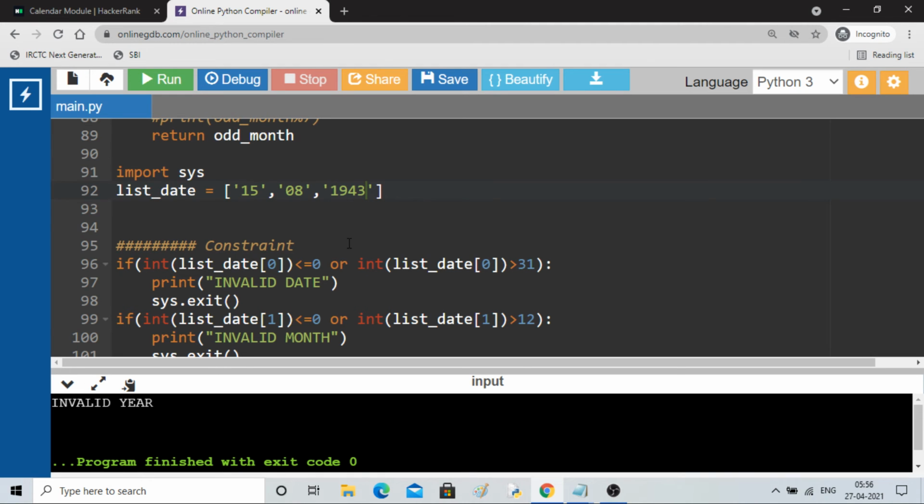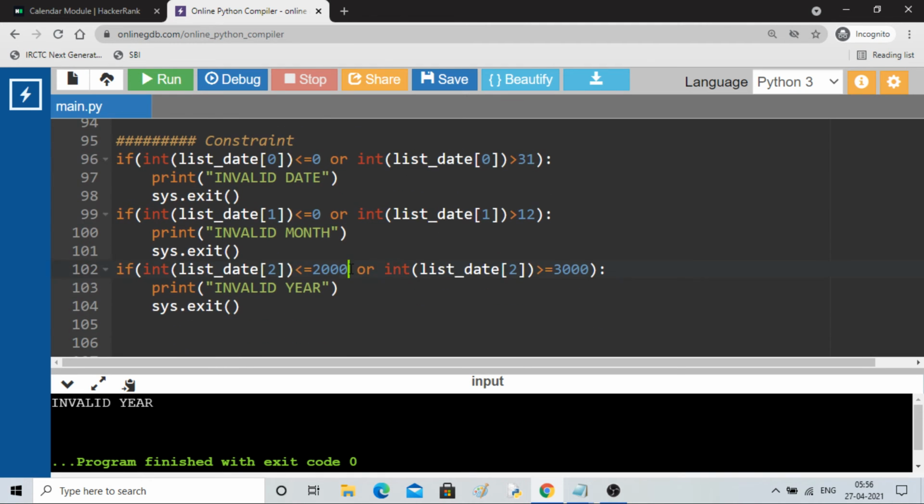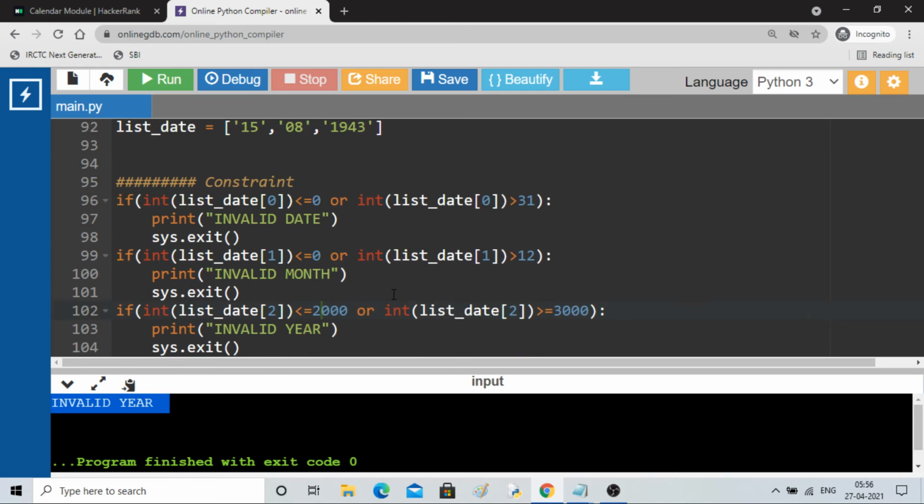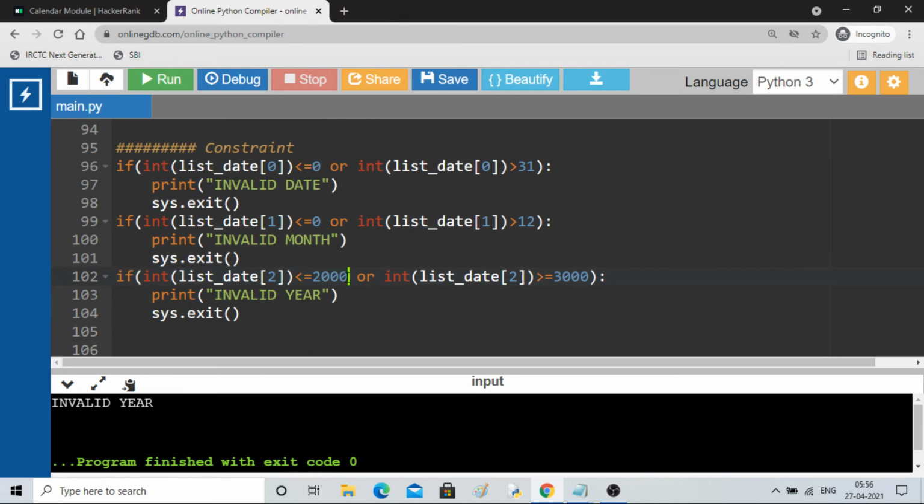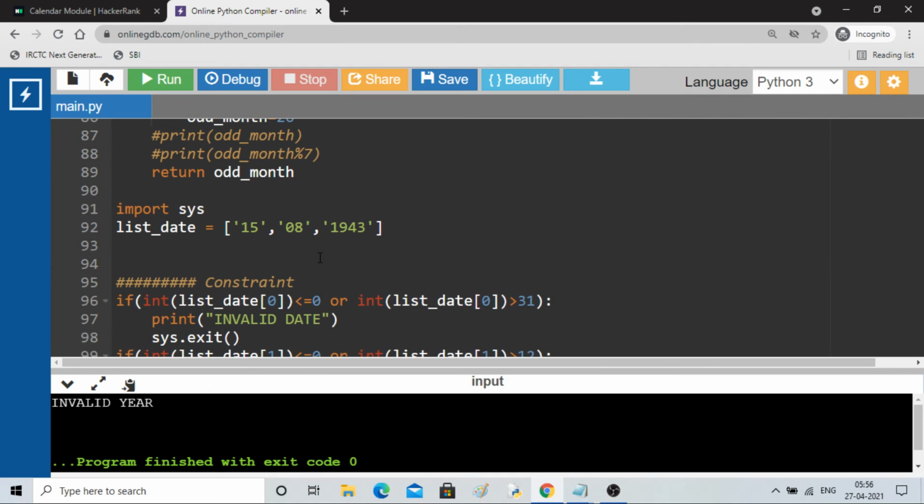Invalid year. Oh, okay, so you can't do that. If you apply a constraint, it tells you invalid year because the constraint is between 2000 and 3000, and you are providing 1943. Let me change it to 10. Okay, then also it will work. It will work for any year. That's the good thing.